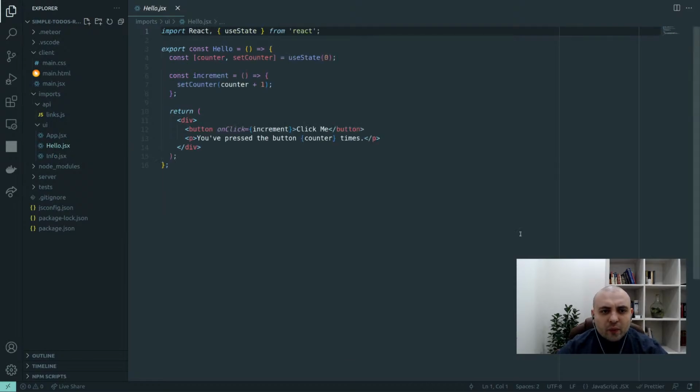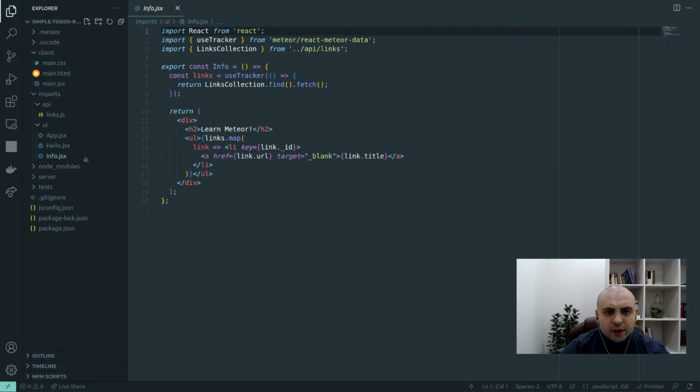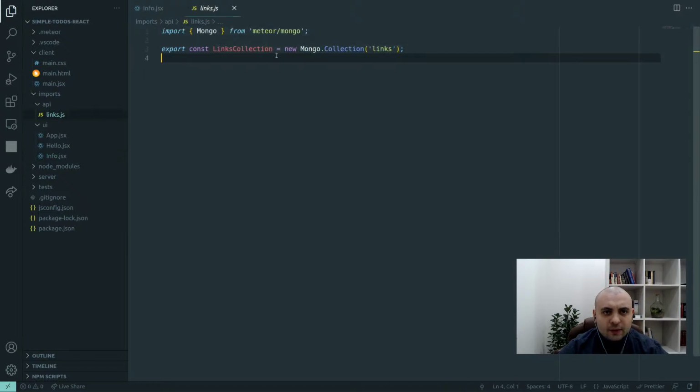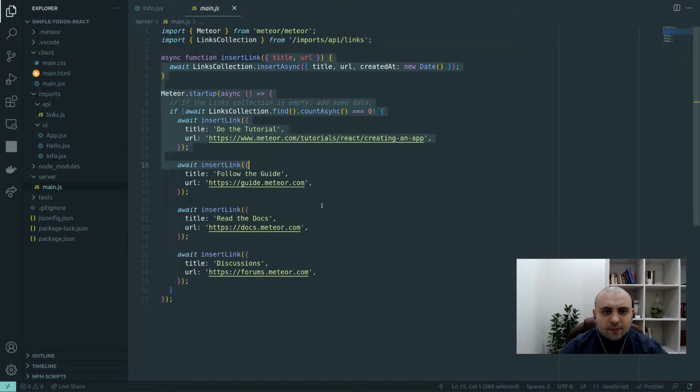I didn't work with React till now, so maybe I'll have a little bit of troubles. We'll need to learn a thing or two, though I don't think it's a huge deal because they are quite similar. Okay. So it looks like we have some possibilities to align things here. Collections, we have node modules, we have the server. Okay, so on the server page, we have the Meteor startup. If we don't have any links in the links collection, looks like we will insert a couple. So do the tutorial. Probably we'll clean up everything from here. Very likely. Okay, so we got to the first step,